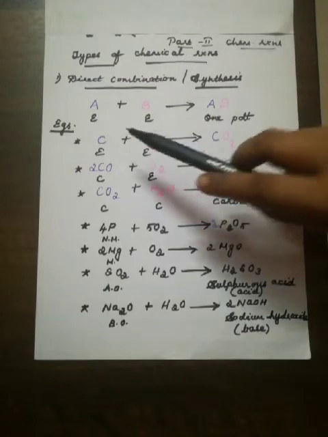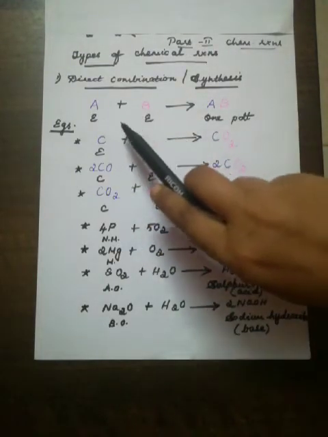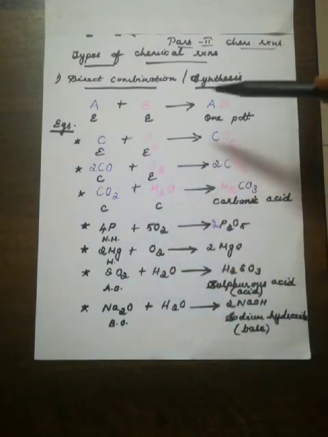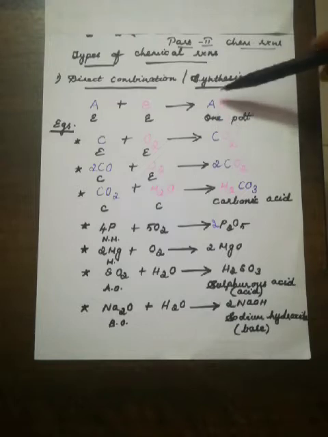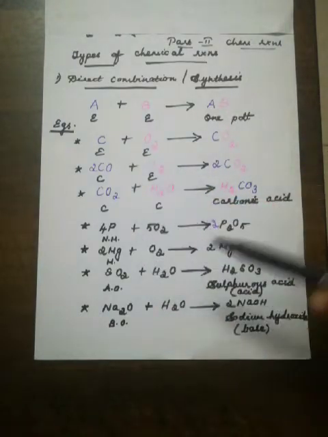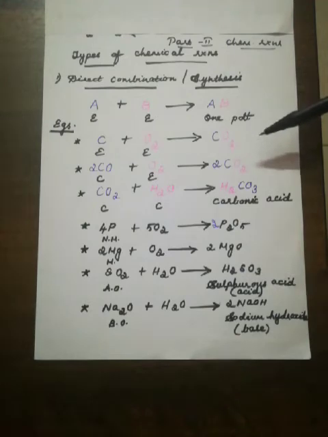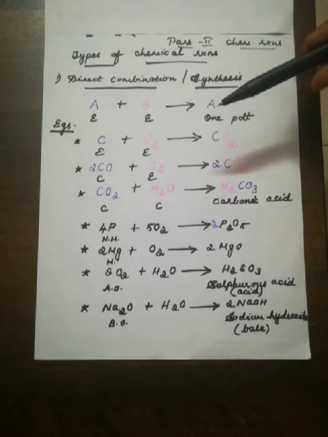When you look at this A and B, which are given different colors, different elements will combine to form one product. So if you get one product, it is understood that it is a synthesis reaction. We have so many equations which we are going to learn now. You have learned last year about so many reactions, like a metal reacts with oxygen, that is combustion reaction. Combustion reaction means it's understood that oxygen reacts there.